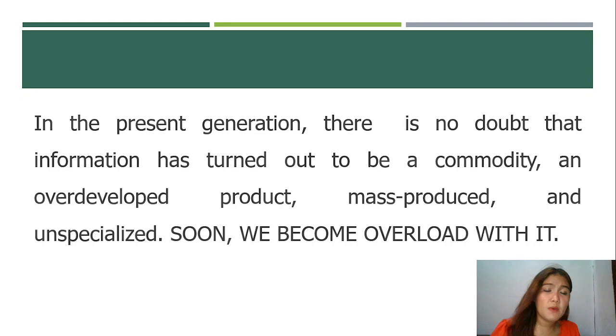So, it will produce overdeveloped products dahil napakadali na ring i-search kung paano gawin or paano i-do-it-yourself yung mga products na nilalabas sa mass natin. So magkakaroon ng mass produce dahil napakabilis na ng production, napakabilis na ng machines natin. Mas portable na ngayon. Even sa bahay, kaya mo nang gumawa.